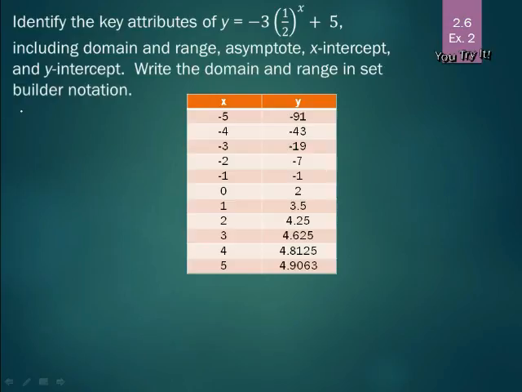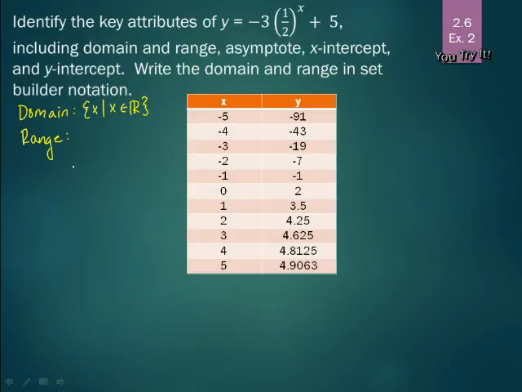Alright, so first starting off with domain, then with exponential functions, we can plug in any x value for an exponent. We can do any negative number, positive number, decimal, whole number, and then from the table we can see here it doesn't skip any integers, and that's because it's going to be all real numbers. So in set builder notation, that's going to be the set of x's, such that x is in the real number set. And then for the range, then